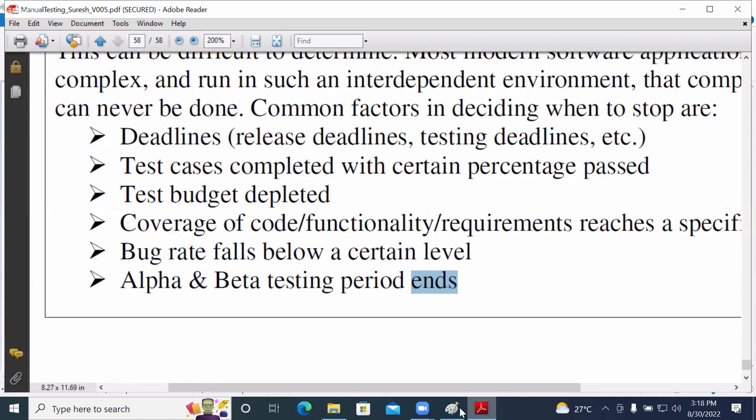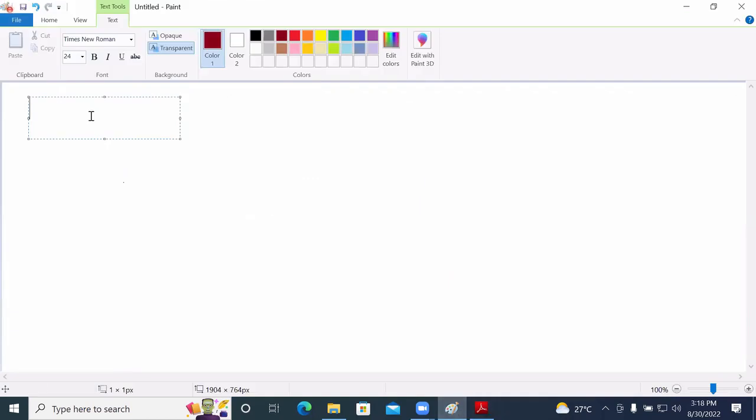See, we have taken care of and finished STLC. Meaning of STLC? Software testing life cycle. What is the first option? Requirements understanding. After that, test plan, then test scenarios, then test cases, then test execution.